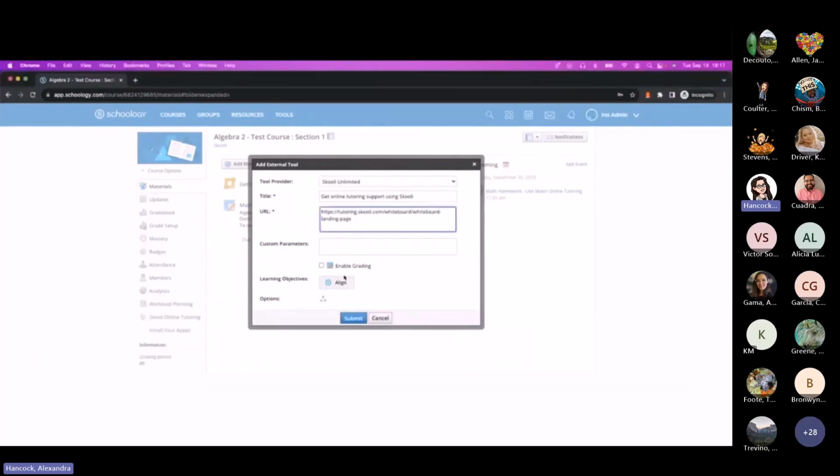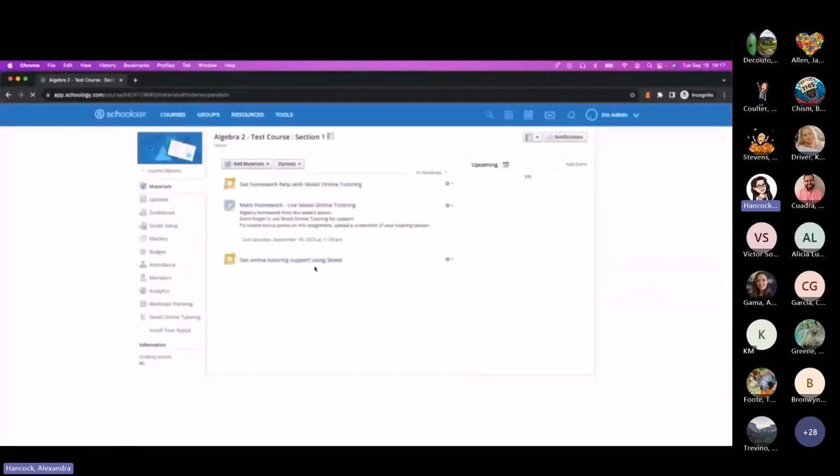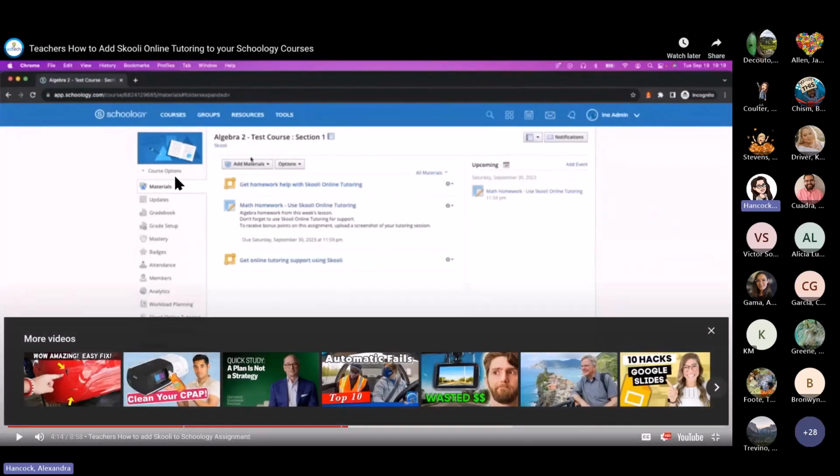Once you've entered this URL, you have the option, as you do in your normal practice, to individually assign this tool to any students or student groups that you wish. But for the sake of this demo, we'll submit and we'll watch the external tool appear on the course materials list. So with the external tool created, let's also walk through how to create an assignment and how we can embed Schooly. Okay, I'm going to go ahead and pause the video here